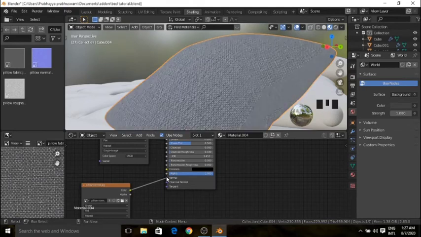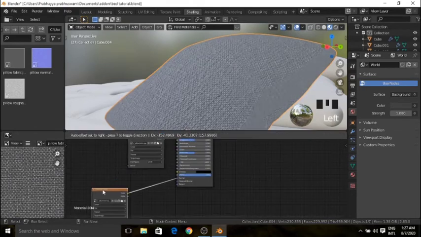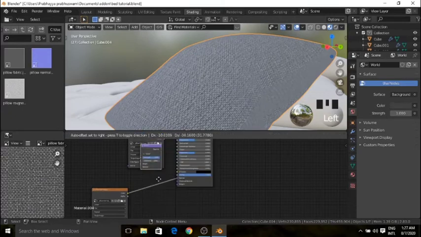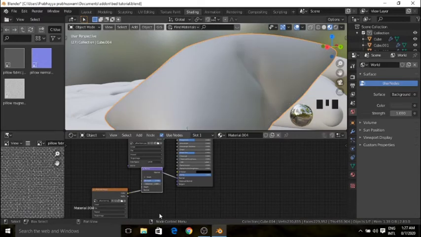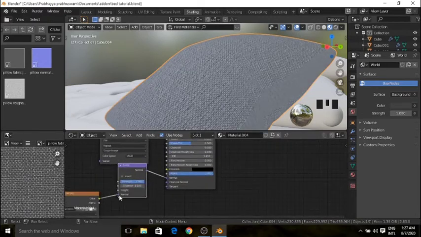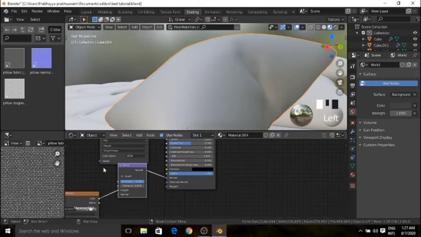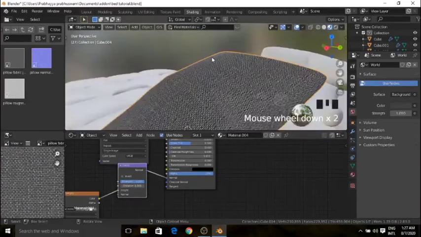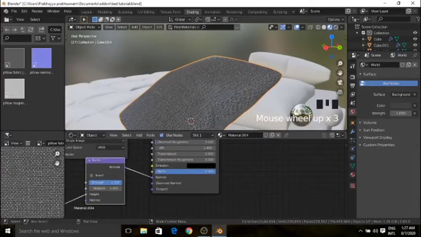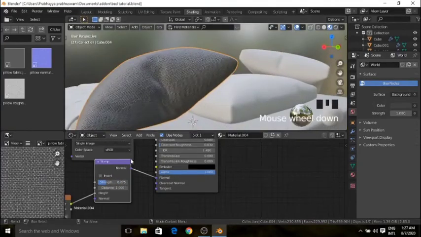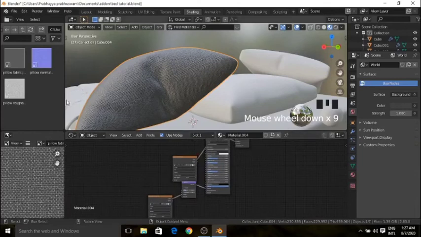To solve that problem, I will add in another node, that's going to be the bump node. So the bump node, if I drag it here, you can see that nothing happens. It will just take some time for calculating and this happens. If you change it from normal to height, now you can see that the real magic happens here. It has become a hard stone. So to solve that, I will just decrease the strength to be something like this and then add in the